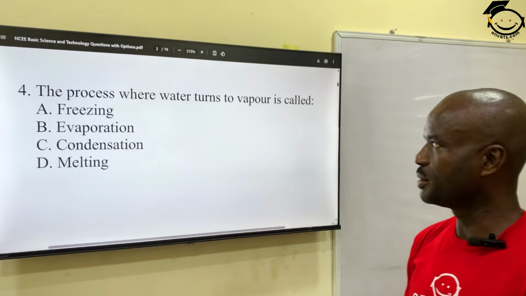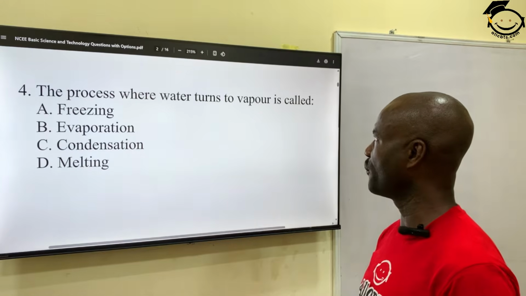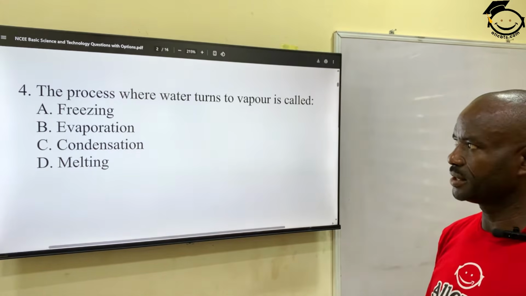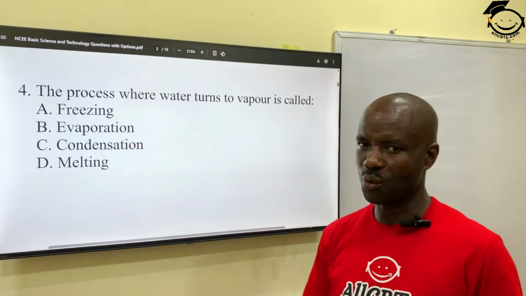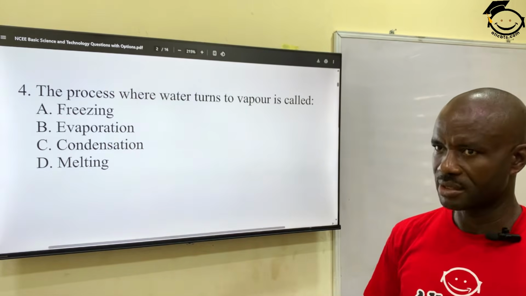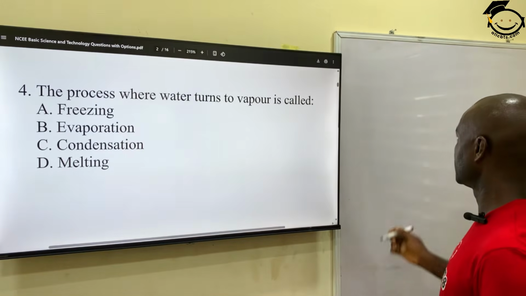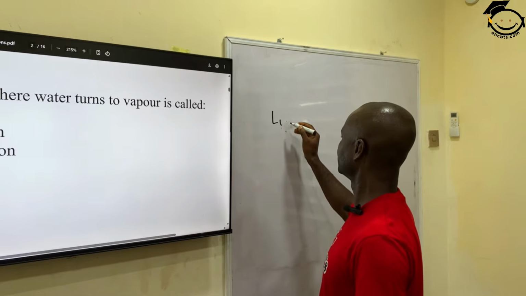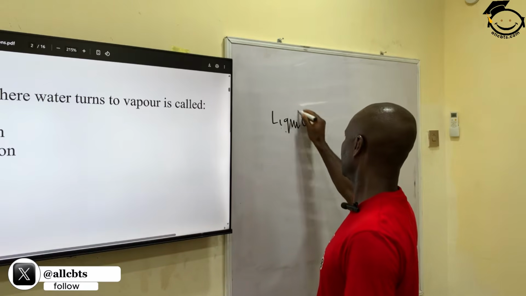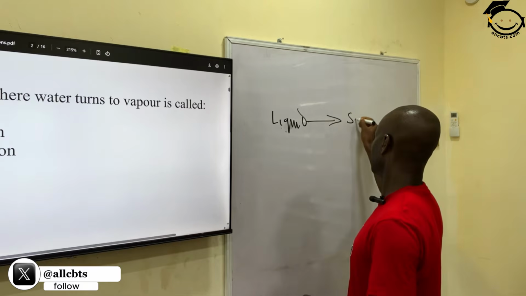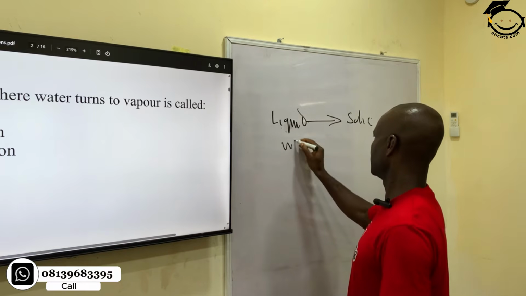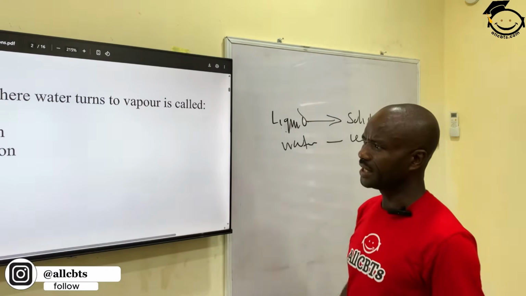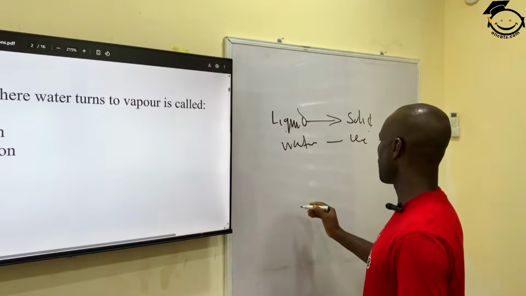Question 4 says, the process where water turns to vapor is called A. Freezing. Freezing is simply a situation where liquid condenses to solid. That is, liquid condenses to solid. That is, water to ice. This is solid. Then evaporation, a situation where water,